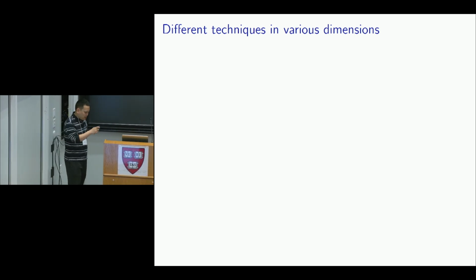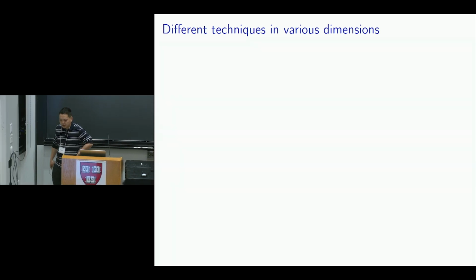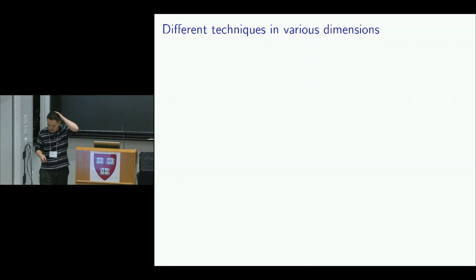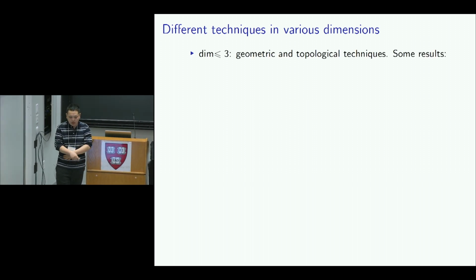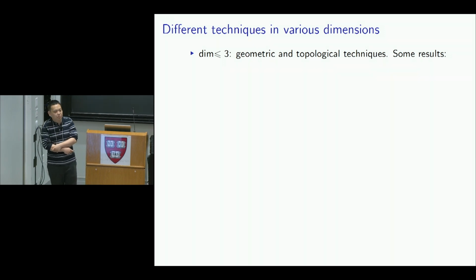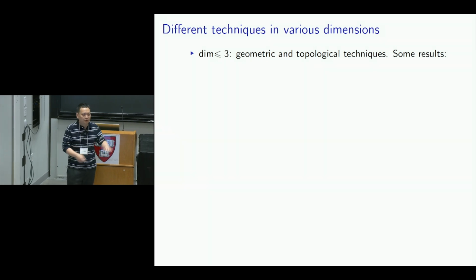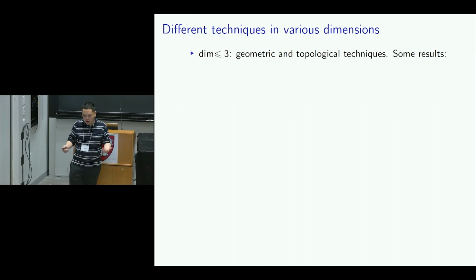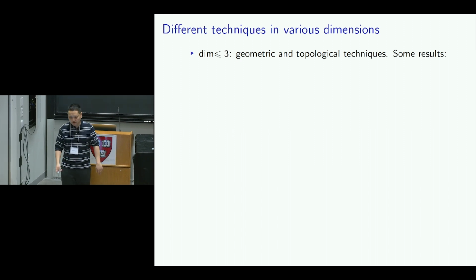And I want to say that the techniques for studying this diffeomorphism group are different in different dimensions. For example, let's start with the lower dimensional case. In this case, the geometric and topological techniques are extremely powerful because you can visualize everything, like curves and surfaces. You can all draw them on the blackboard. So in this case, the geometric technique is very powerful. Also, you can use hyperbolic geometry in lower dimensions. For example,